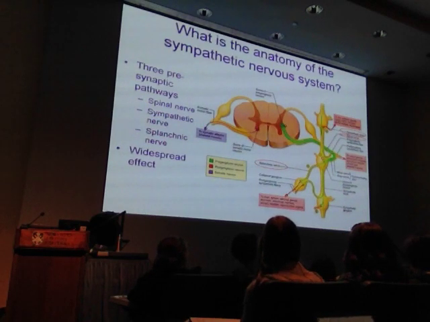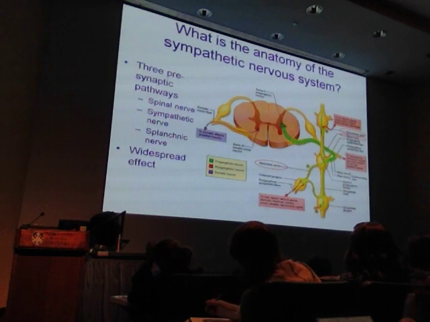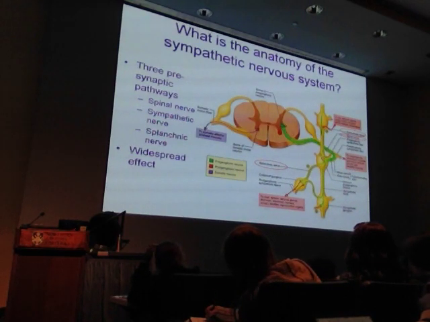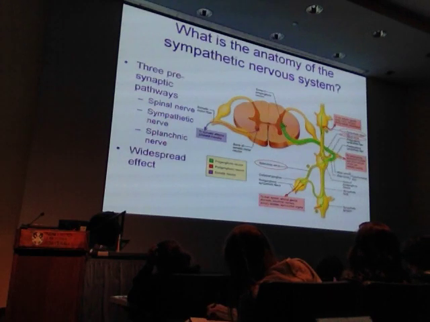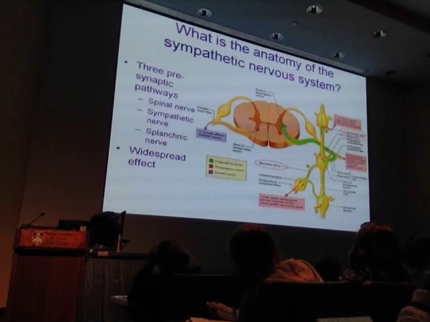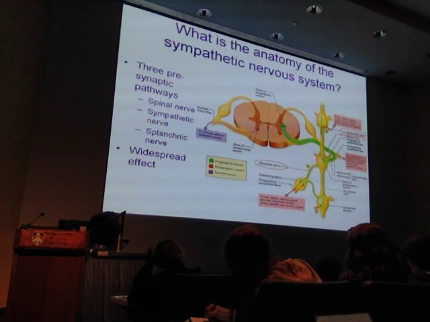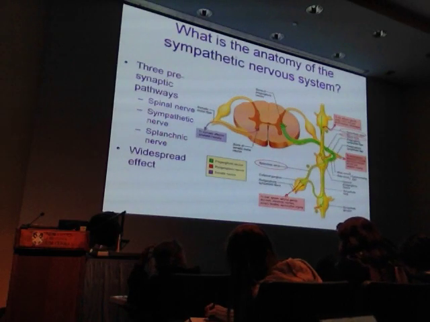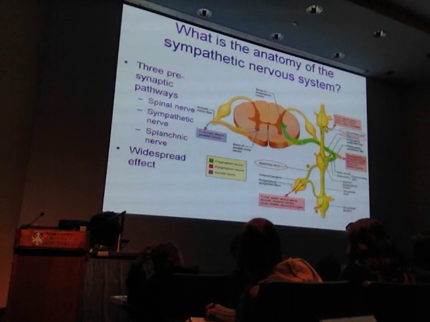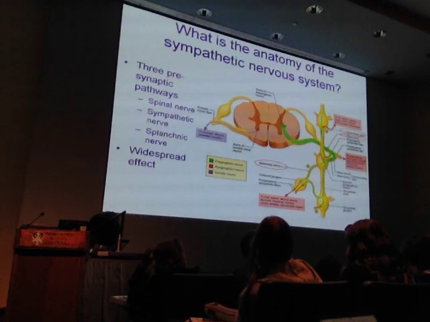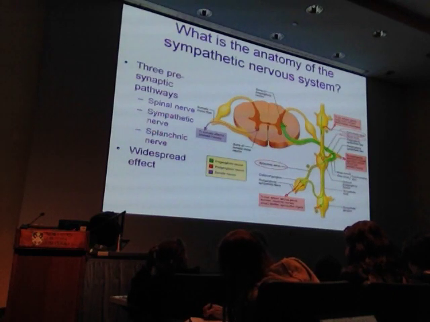So it's going to be like the iris, the salivary glands, the lungs, the heart, the thorax itself, the esophagus, vascular elements within the chest cavity. And then our third category is what we call our spinal nerve. It comes out here, and the spinal nerve sends things out to sweat glands, piloerector muscles, blood vessels, skin, and skeletal muscles. So these 3 different sympathetic pathways are distributing basically to the entire body.